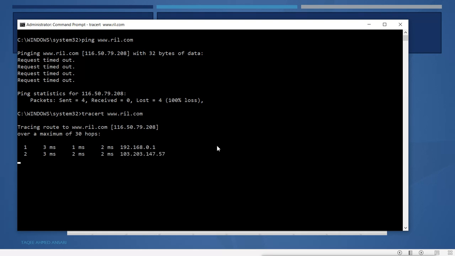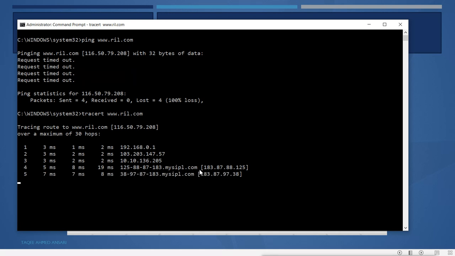Then the second hop is my ISP, it is also passing. So these are also passing. This is like service providers. Now remember, these are not the organization's IPs. These are different organizations. This is Mumbai VSNL, which is the ISP for me.